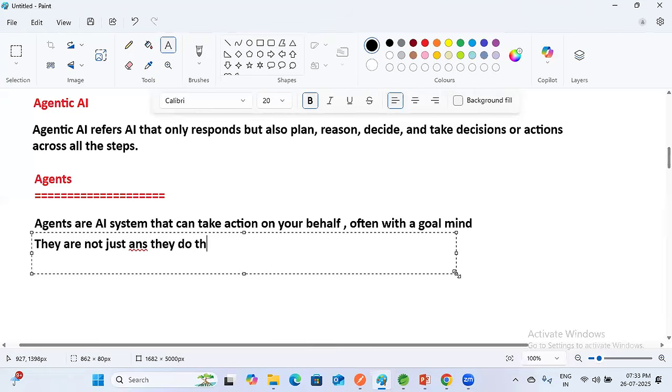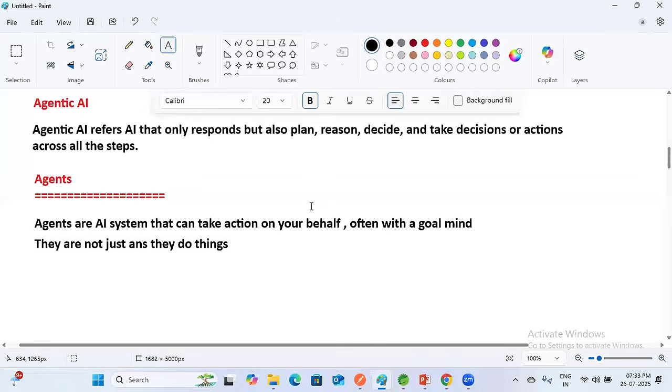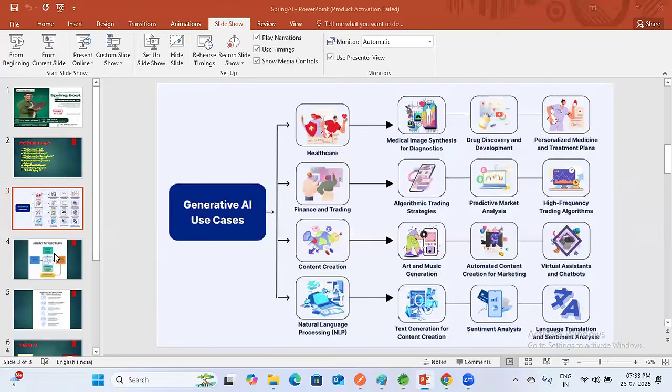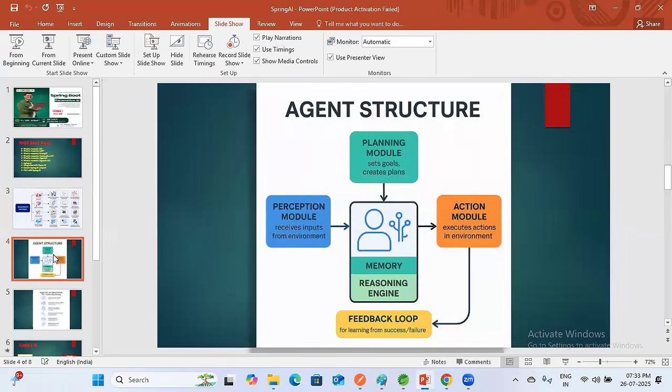They do things for you. Okay, they do things for you. This is agents, so you can understand. Let me open one file: agent structure, agentic AI structure. So they will plan, take action, and take feedback through a perception